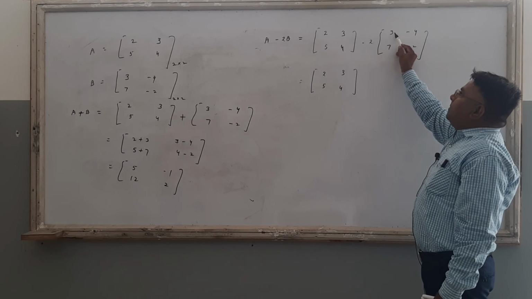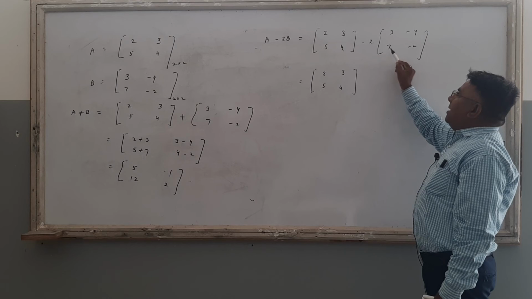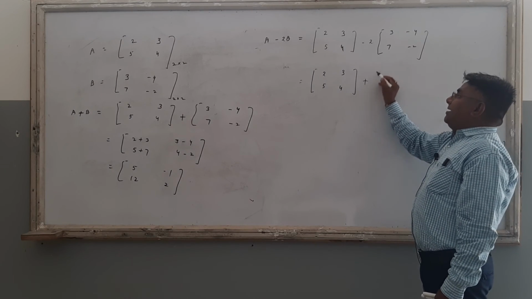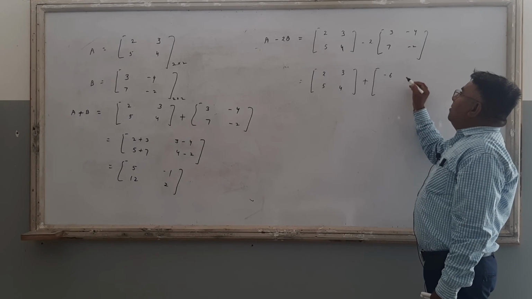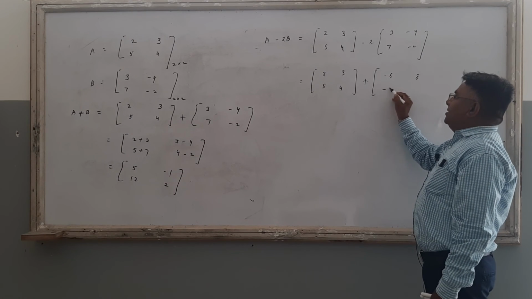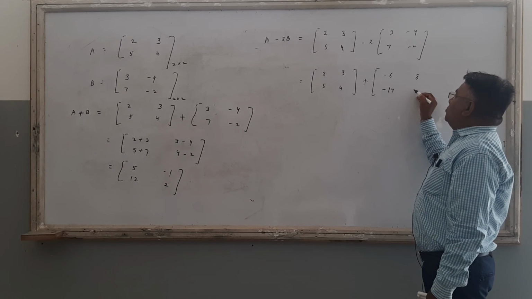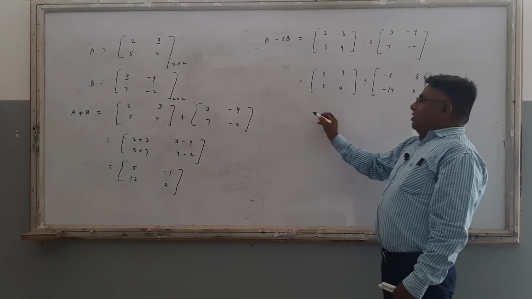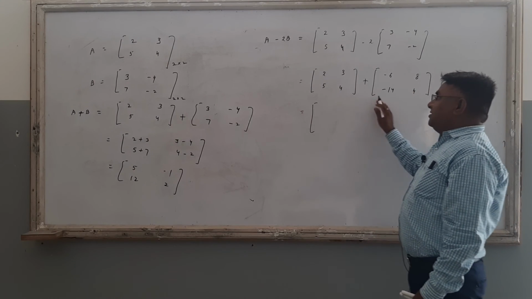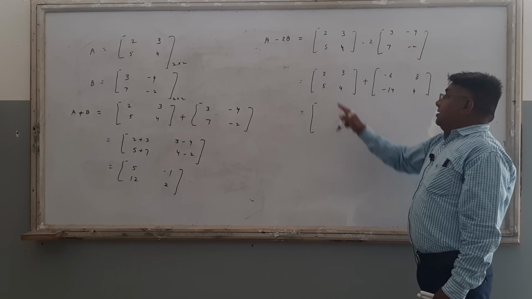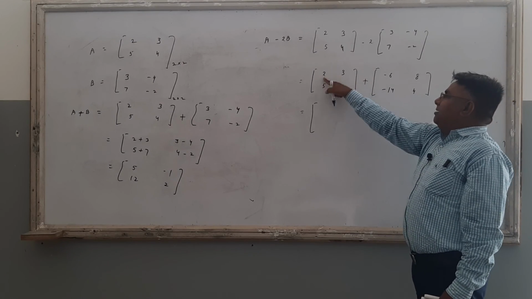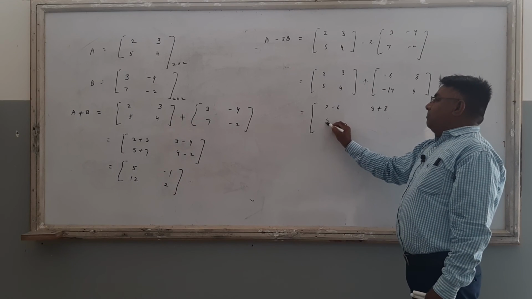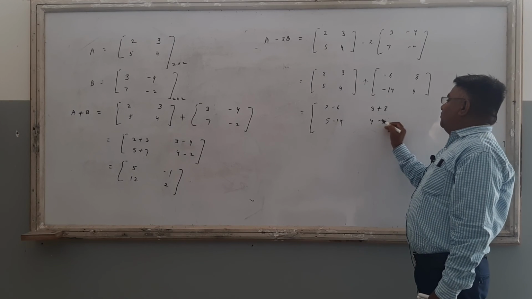So 2 is multiplied by 3, 2 3s are 6, 2 4s are 8, minus 8, 2 7s are 14, 2 2s are minus 4. But which sign is multiplied? That is minus 6, minus minus plus 8, minus 14 and minus minus plus 2 2s are 4. This is the difference of two matrices, and now again it is the same: sum of two matrices and difference of two matrices. Then corresponding elements: first element was 2 minus 6, 3 minus 3 plus 8, 5 minus 14 and 4 minus 4 plus 4.